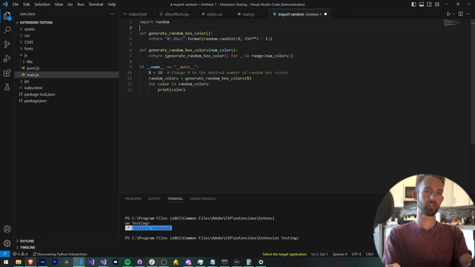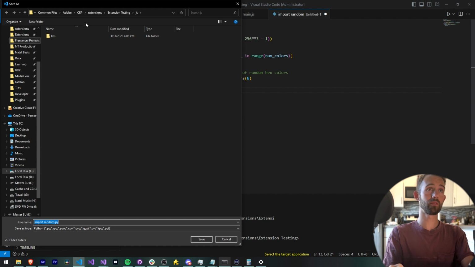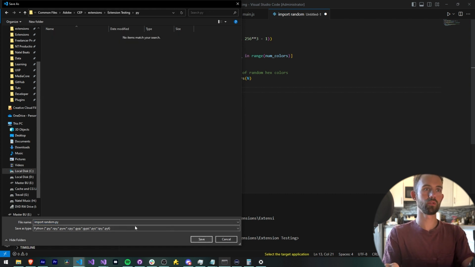And here's where we're actually going to probably want to create an environment. If you're not familiar with Python at all, this might be slightly advanced, but basically sometimes you use external libraries in Python, and this requires that you create an environment to make sure that you install it in a specific location and have all the things included that you need. So the first thing I'm going to do is actually save this Python file in my extension testing. I'll create a py folder, and we'll just call this